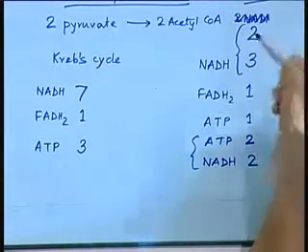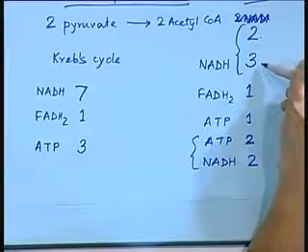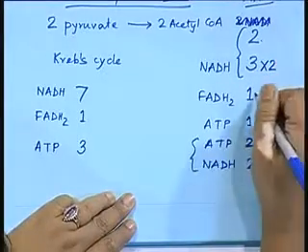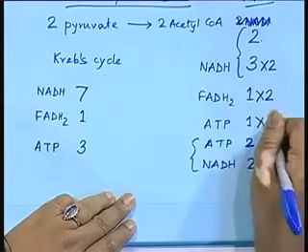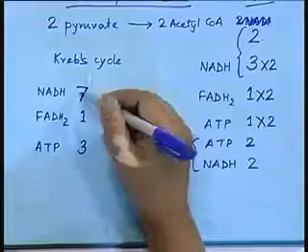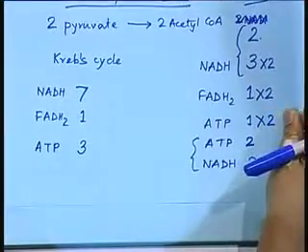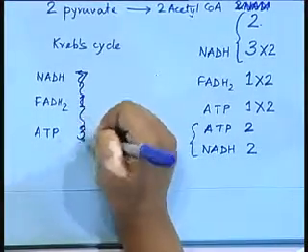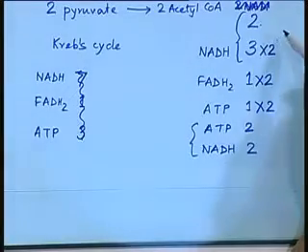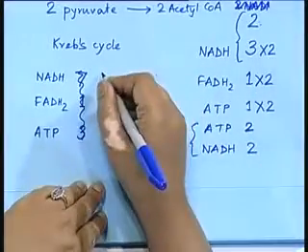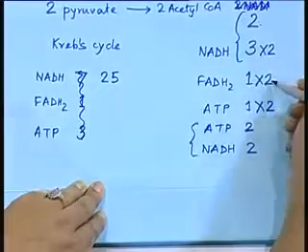Pyruvate to acetyl CoA we have 2, Krebs cycle we have 3, but we are missing something here. This has to be multiplied by 2, and this has to be multiplied by 2, and this has to be multiplied by 2. Why? They are 2 each, right. So how many do we have? We have 2, 8 here and 2, 10. So 10 into 2.5, 25, 2 into 1.5